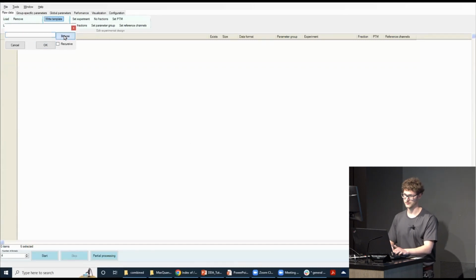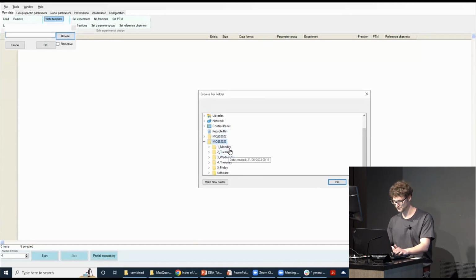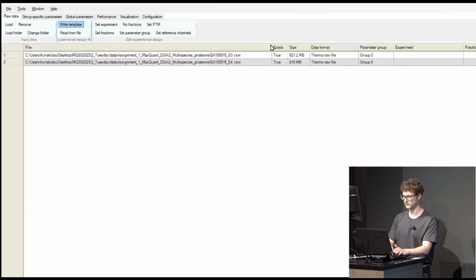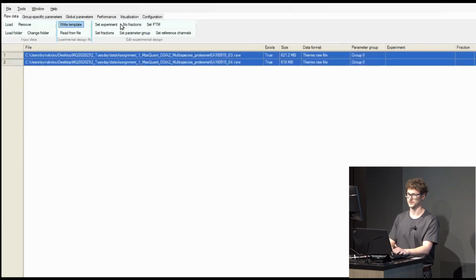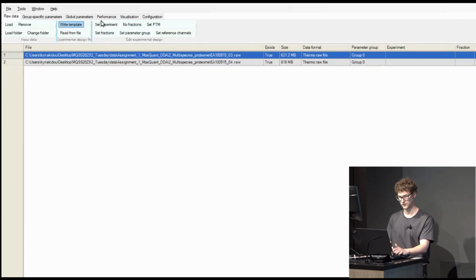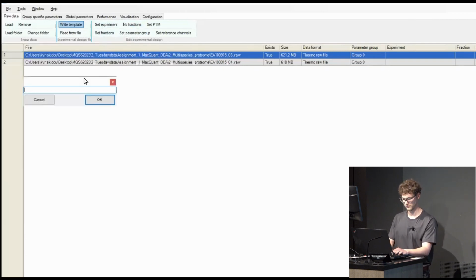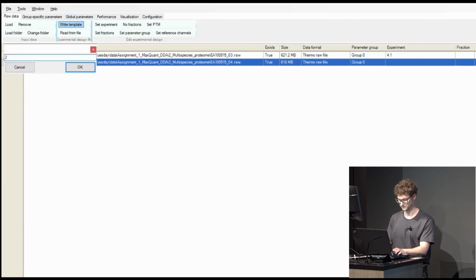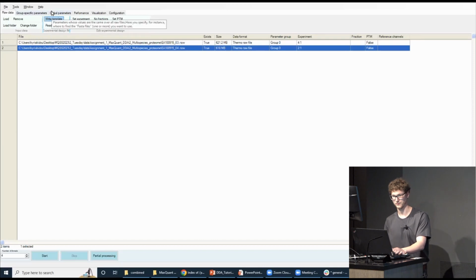Now let's load the second folder, which is the multi-species proteome. Here, you can again set the experiment with no fractions, but to make it more readable, I will put ratio names in the experiment names. So this is the 4:1 sample, and this is 2:1. By the way, I'm moving